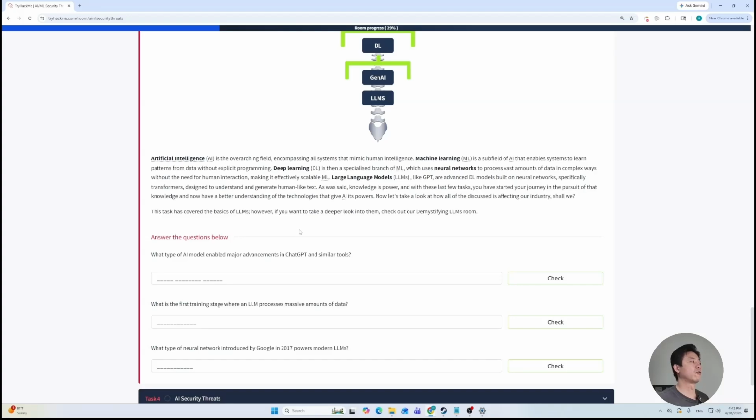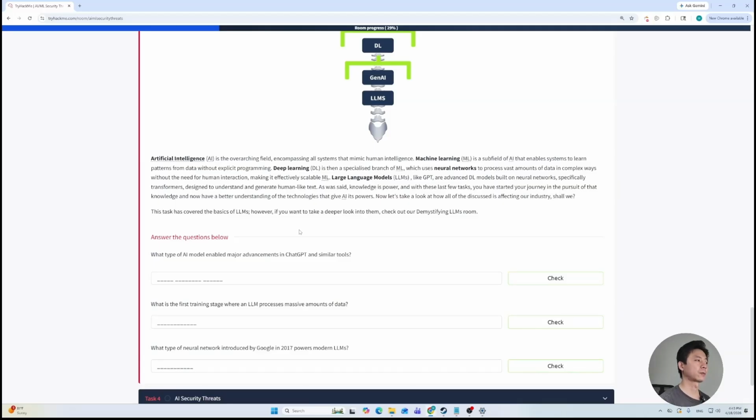Artificial intelligence is the overarching field, encompassing all systems that mimic human intelligence. Machine learning is a subfield of AI that enables systems to learn patterns from data without explicit programming. Deep learning is then a specialized branch of machine learning, which uses neural networks to process vast amounts of data in complex ways without the need for human intervention, making it effectively scalable machine learning. Large language models like GPT are advanced deep learning models built on neural networks, specifically transformers, designed to understand and